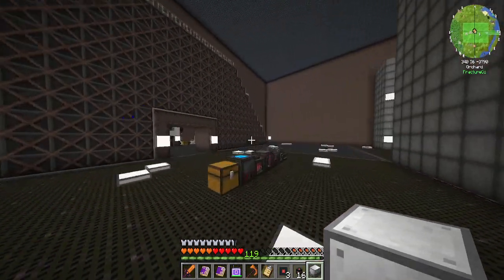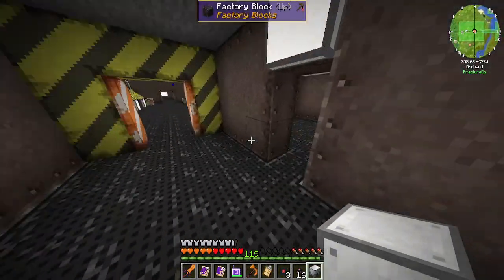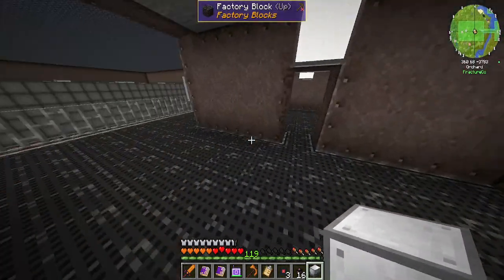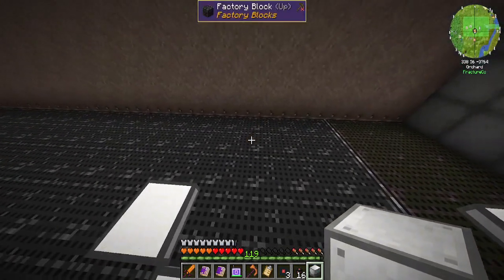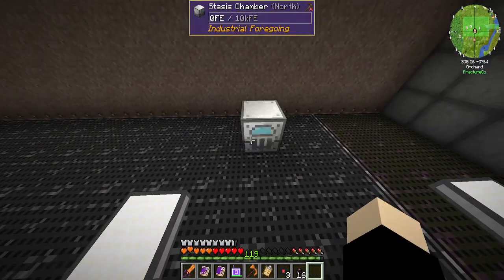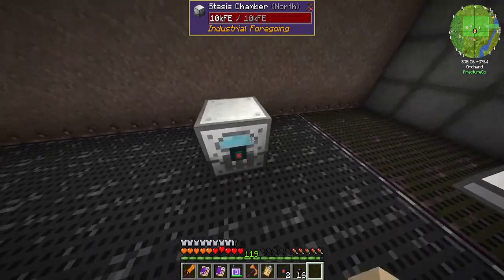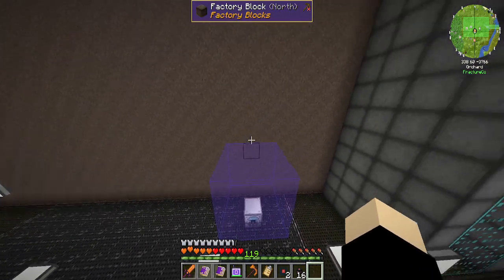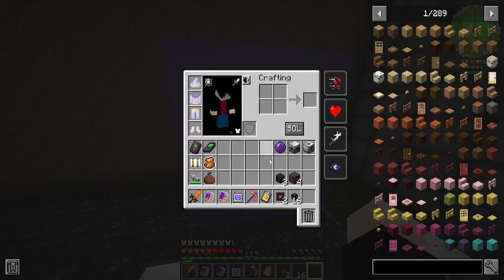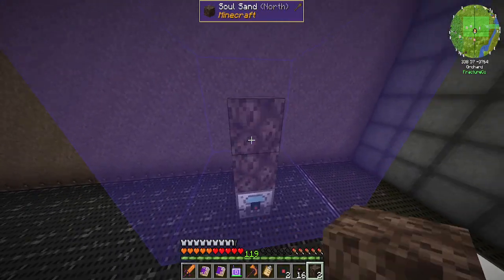Now, you're probably wondering, where are you going to put this potentially dangerous thing? Not in here. We're going to do it a non-OSHA approved way. We're going to put the stasis chamber right here. Right in our base. We're going to put that there. And hopefully, let's show the working area. Okay. So if we put the wither right here,